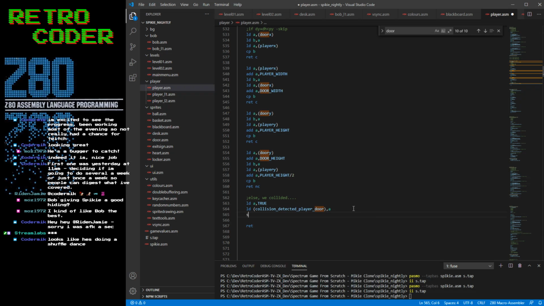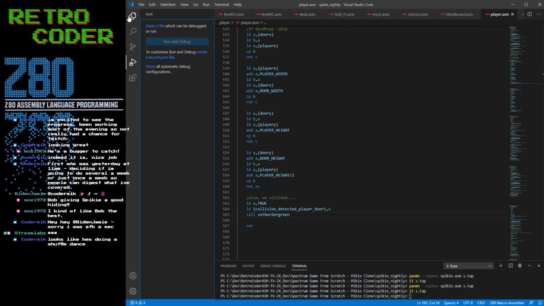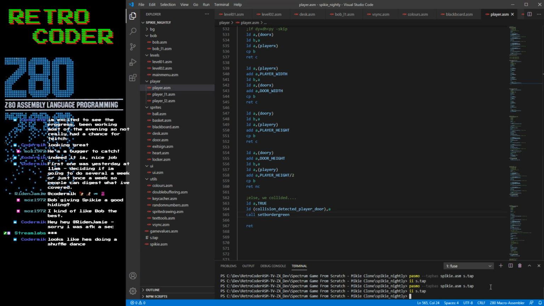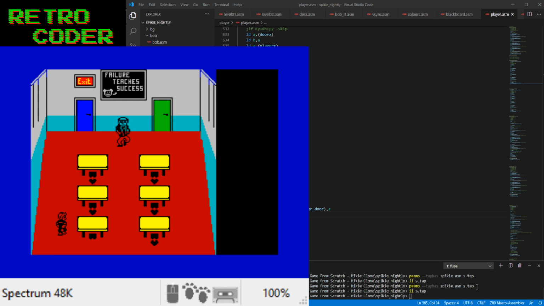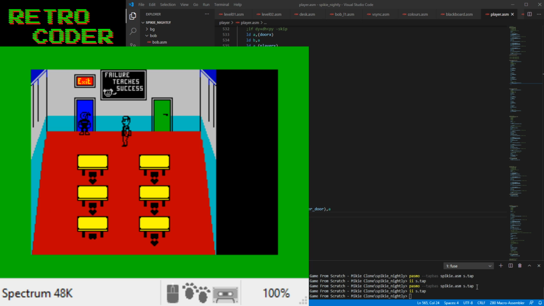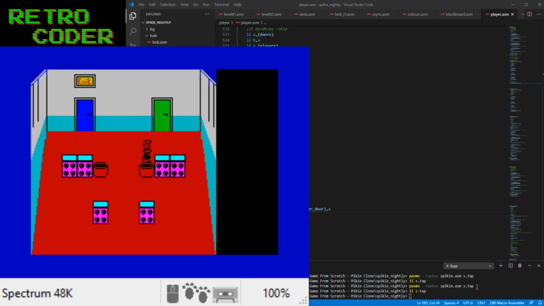Let's just try set border green again. See if it even goes green. Oops. Yes, it does. And it lets me out. And it works. Okay. So of course I'll probably want to set the Y offset so he's like,